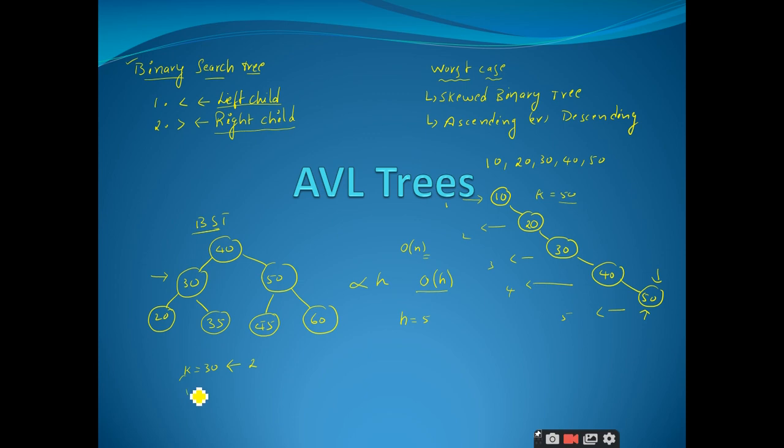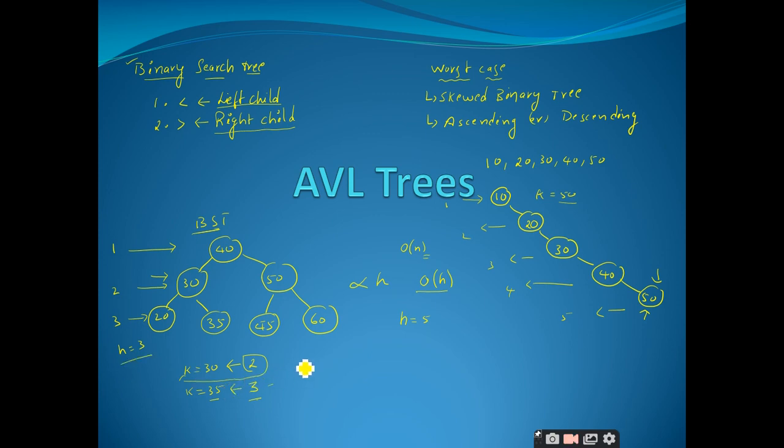For searching the element 35, how many comparison operations should I make? 3, sir. 3, right. So what is this 3? Is it the height of the BST or not? Yes, sir. Here this is 1, this is 2 and this is 3, therefore the height of this binary search tree is 3. So if I want to search an element which is present at the second level, it is equal to 2, which is the depth of that particular element, right? Similarly, if I want to find an element 35, it is equal to 3, that means I am performing 3 comparisons which is equal to the height of the BST.